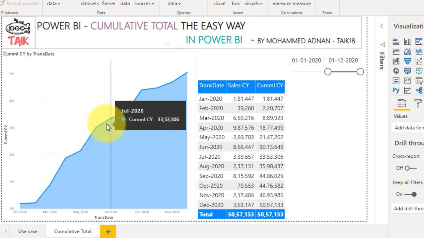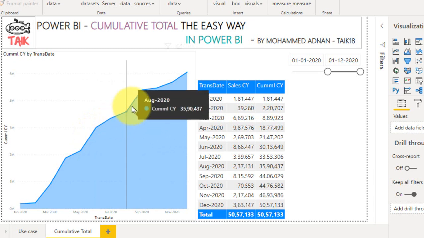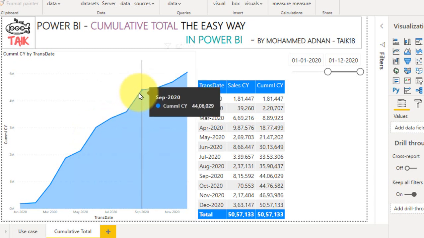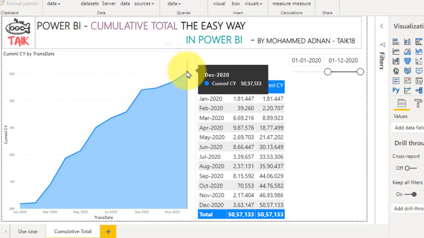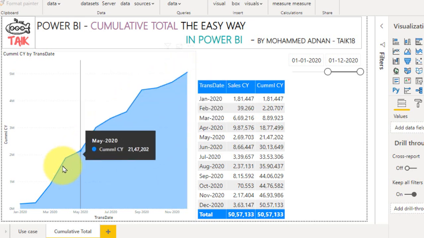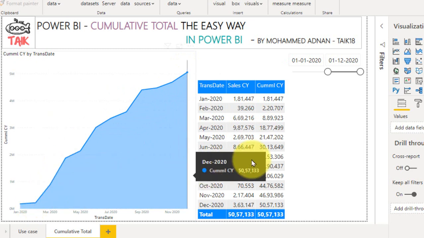Again there is a rise in June, July and August are low. Again September is high, October is low, and November and December are slightly high. So this is how you can see the progress of the sales.